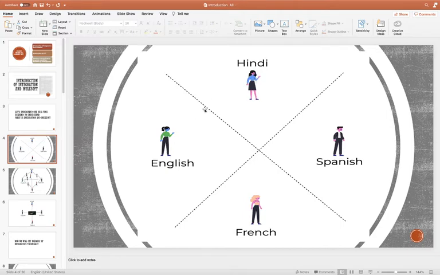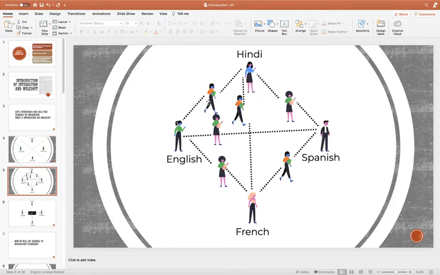To avoid this kind of problem, they came up with one approach. They hired a few translators. This translator knows both English and Hindi. Now if this person wants to communicate with this person, this person will send a message in English. The translator will translate that English message into Hindi and then send that message to this person. Now this person knows Hindi, so he is able to understand that request.